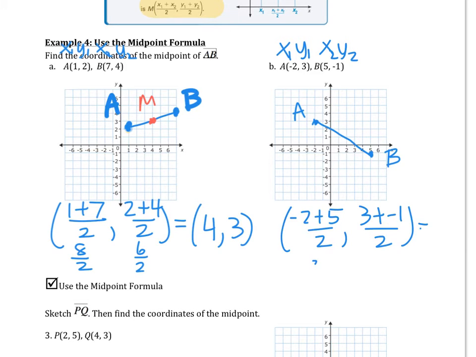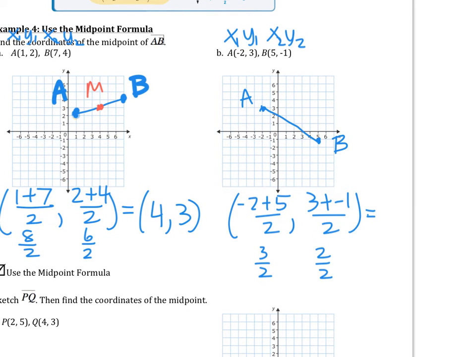So we get 3 over 2 here, and 2 over 2 here. You should write it in the simplest form, which is 3/2 here, and that's 1. So where does that look like it is? 3/2 is 1 1/2. So go about between 1 and 2 and up to 1, and it does look like that's correct. Okay, so you go ahead and do the next two,